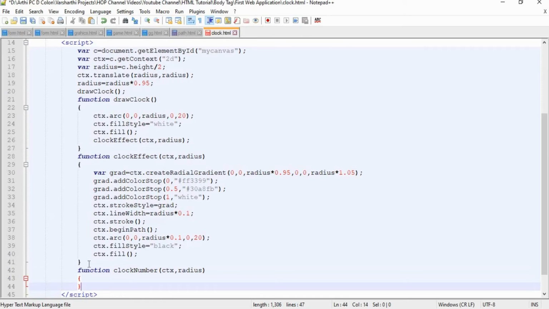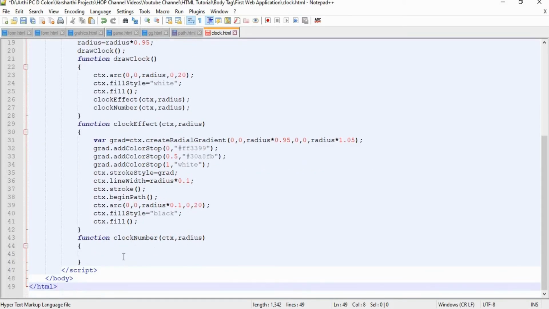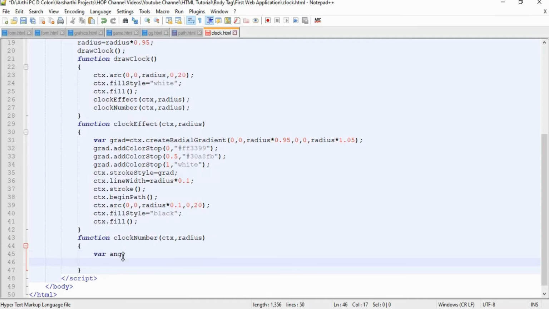Call this function inside our draw clock function. Here we have to calculate the angle for positioning each number, and another variable for storing the particular number. Hence we create one variable angle, and another variable for the number.